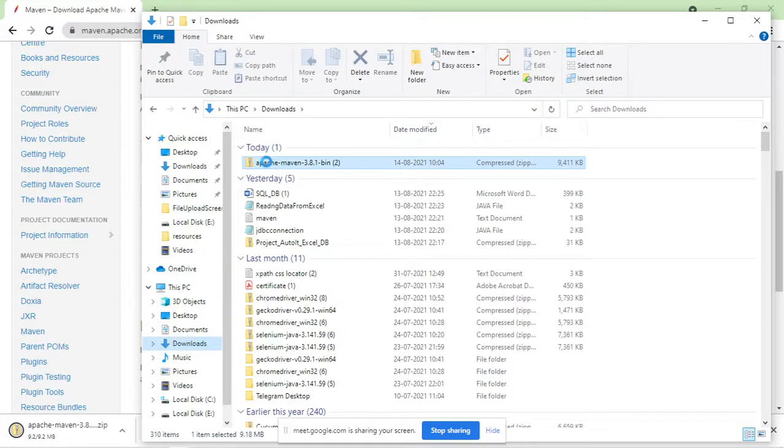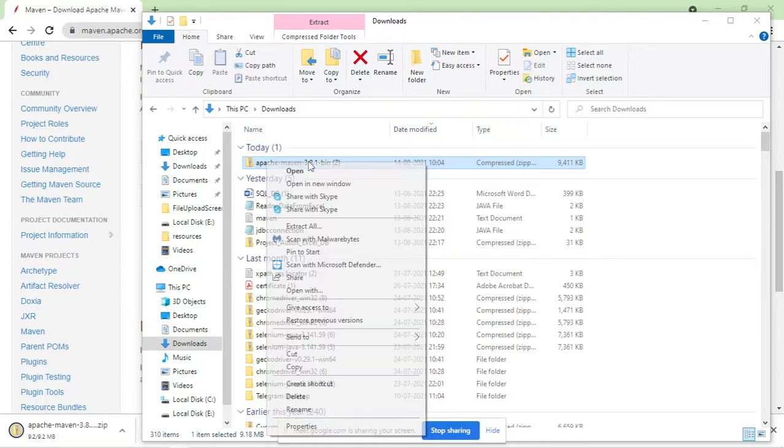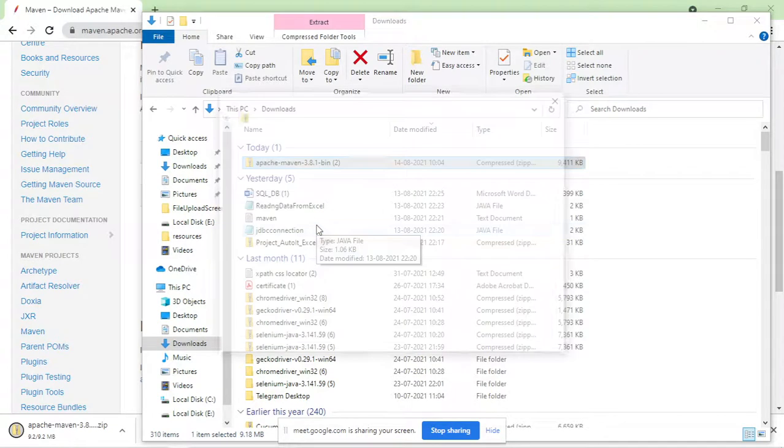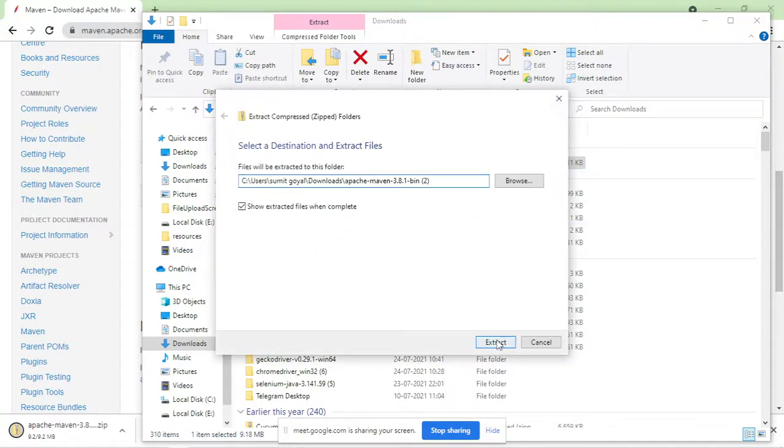Okay, so it is downloaded. Now let me extract the file. Click this, click on extract.